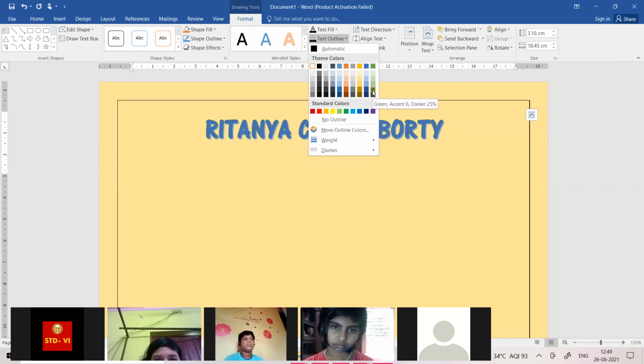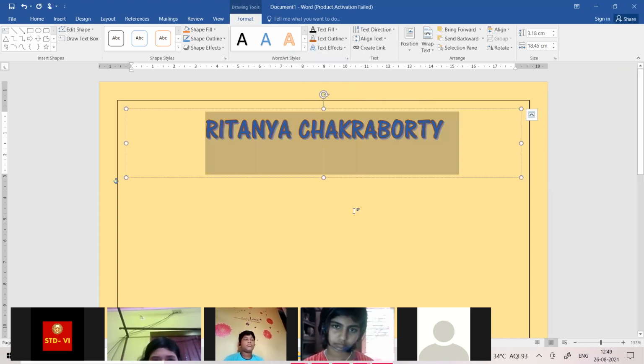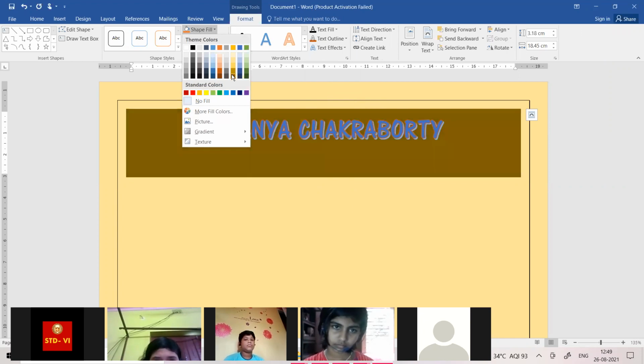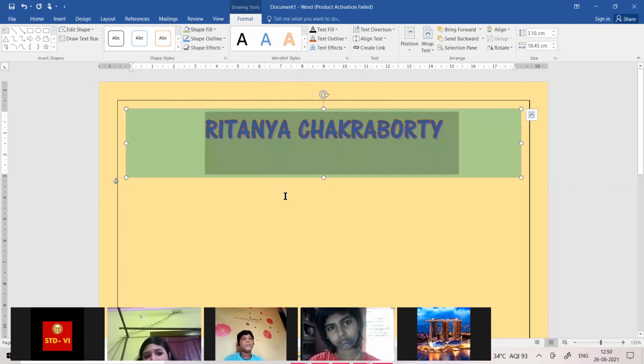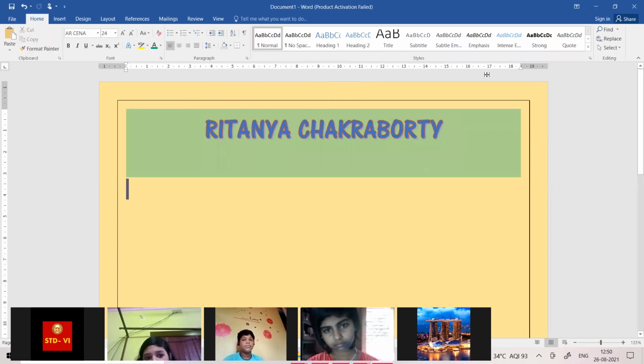Personally, the red is looking good, I must say. So shape fill here, suppose this part you want to fill with some color. I don't like very loud colors. So yeah, that looks good. Like this way you can change everything.